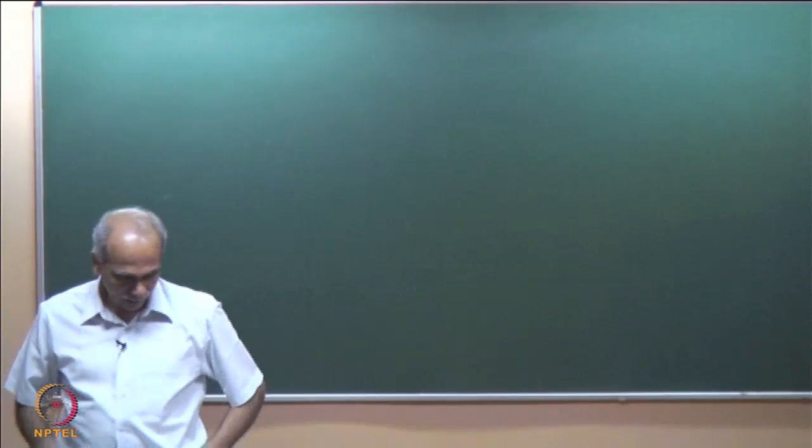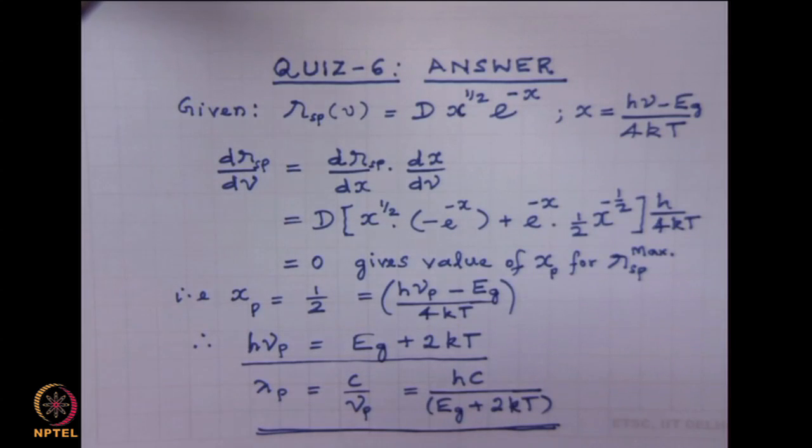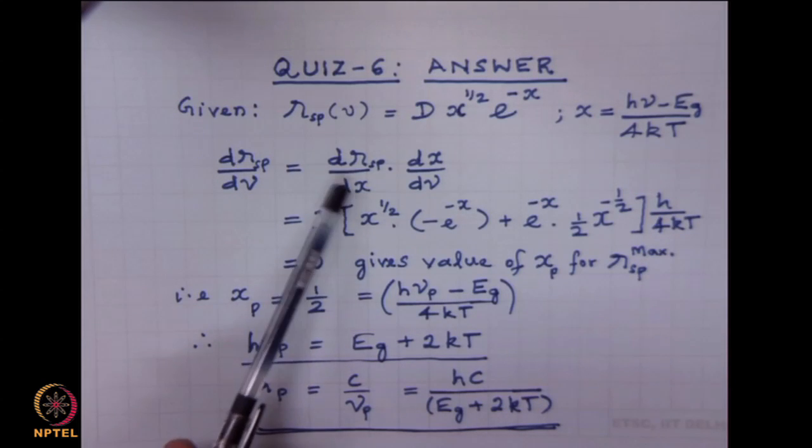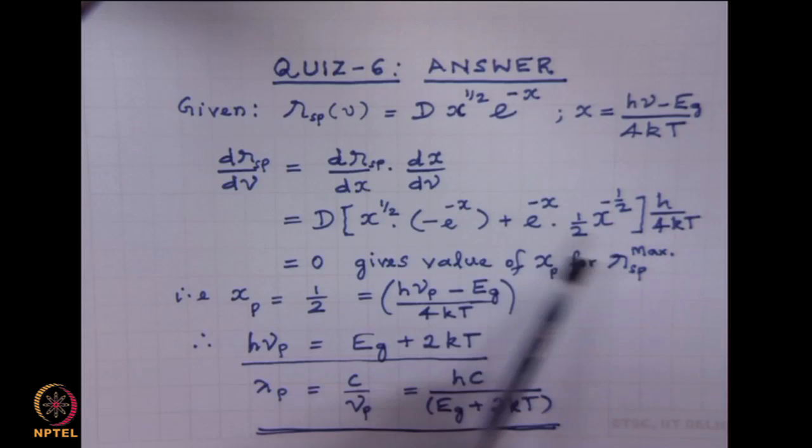While writing the answer, by mistake I wrote K0 as D, but that is the K0 which I had given in the question. It is a constant. So, dR_sp by d nu, you can split like this instead of trying to have a complex derivation there. If you split, the advantage is you first differentiate with respect to x and then you differentiate x